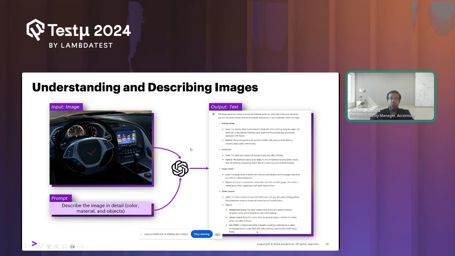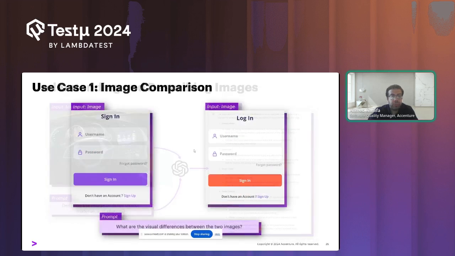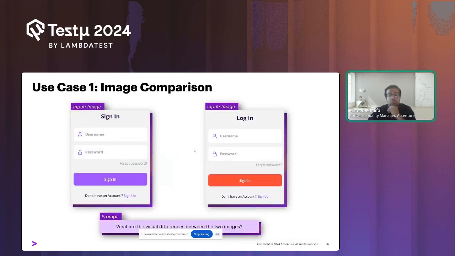So why not compare images using a large language model? Instead of only showing the difference, it also understands the difference, right? So let's see our first use case, where we do image comparison using multimodal.